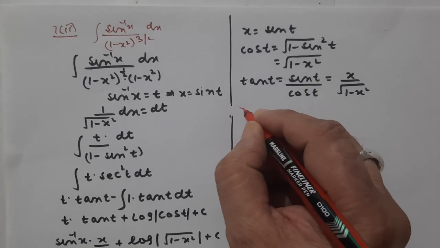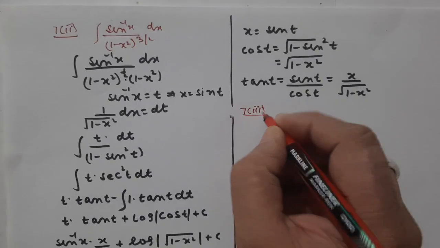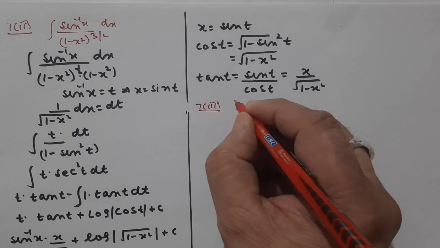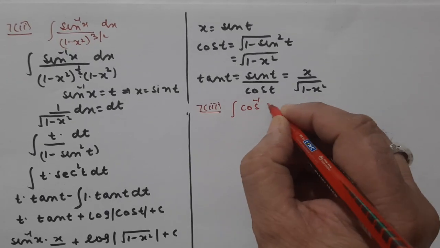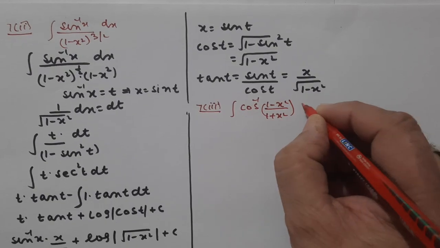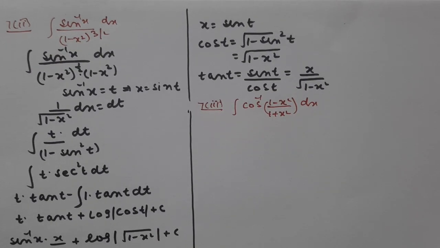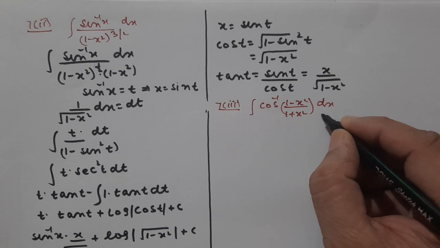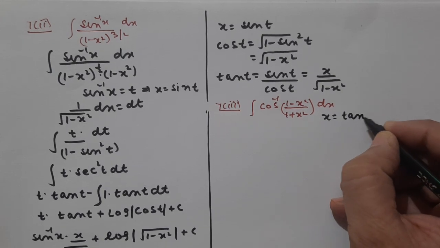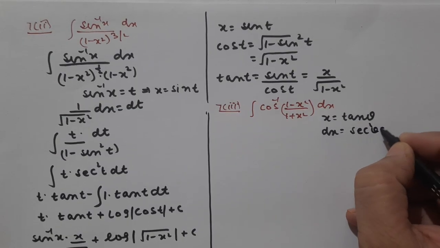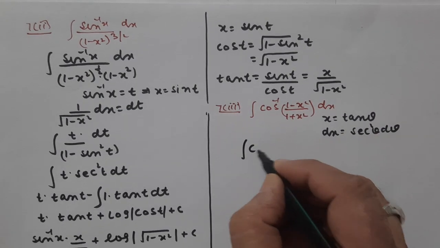Now let us do the third part of the seventh question. The question is the integral of cos inverse of (1 minus x square) upon (1 plus x square) dx. Now let us see this question. Here also we have to put x equal to tan theta, and dx is equal to secant squared theta d theta. So our question becomes cos inverse